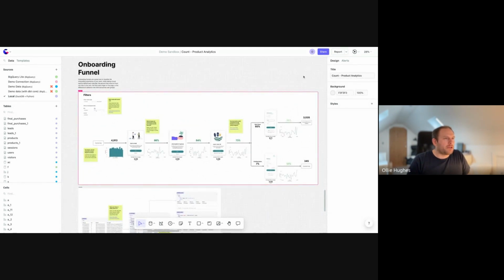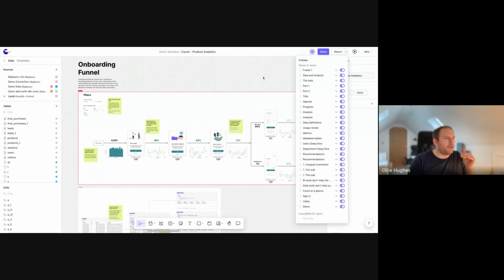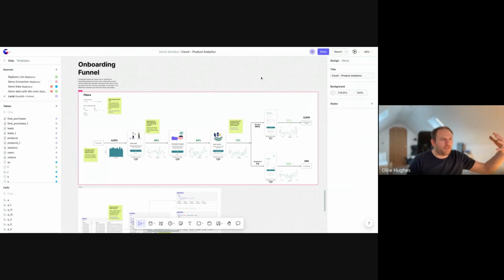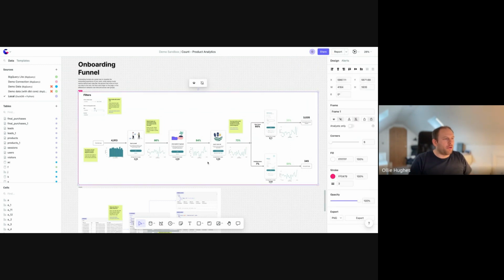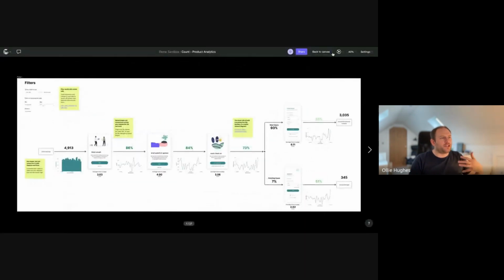Before I move on to other examples, let me just also explain something quite important. If you're trying to present this as a dashboarding environment or make this a report that gets looked at regularly, you don't have to just work in a canvas. These white objects here are called frames, and that means you can turn this into a report, into a presentation output, which can be seen and pushed into Slack or email on a regular basis.